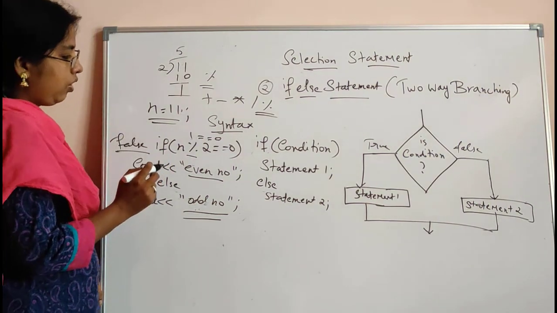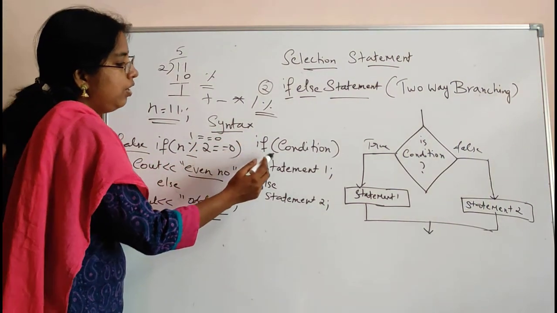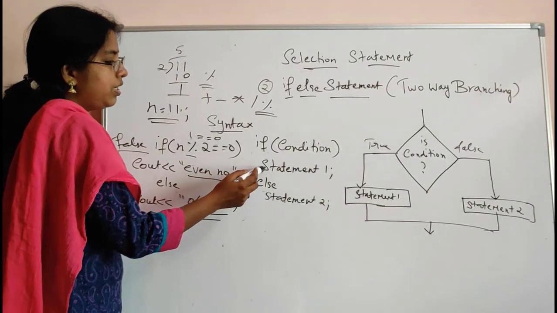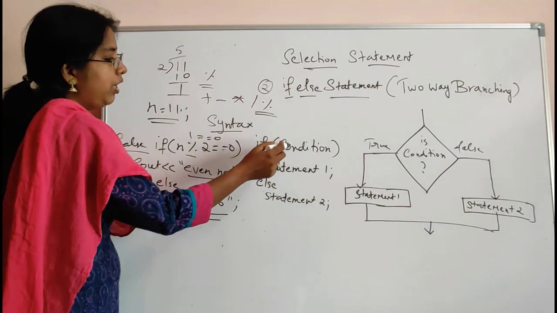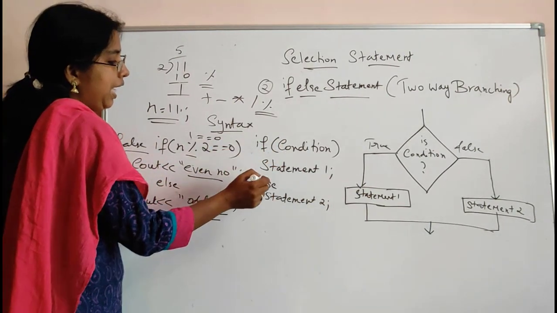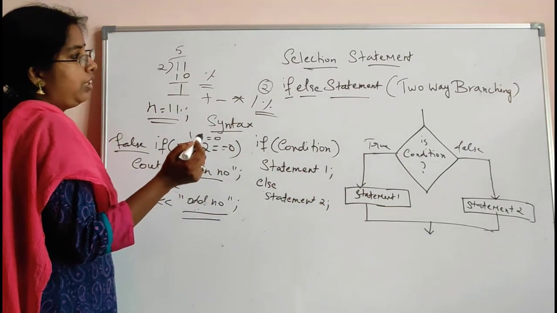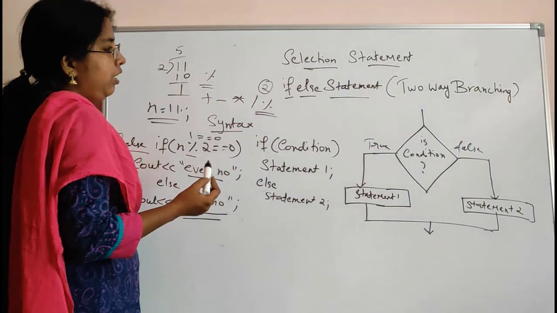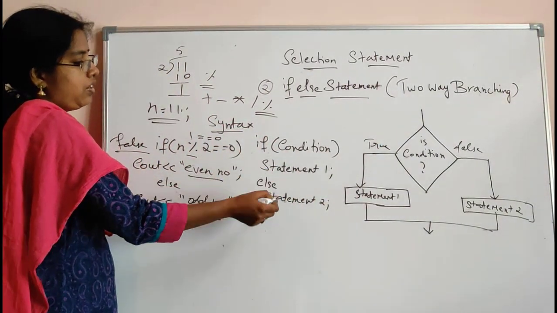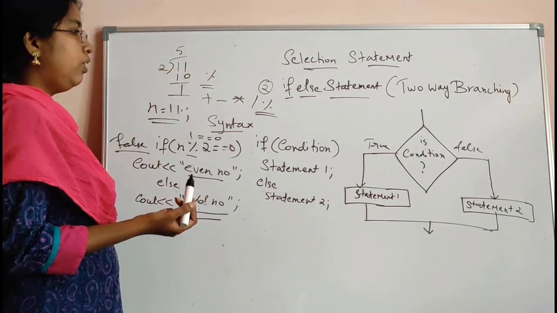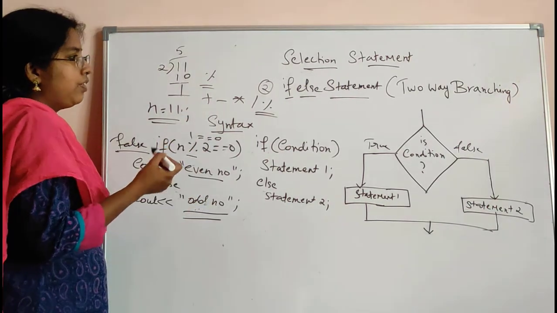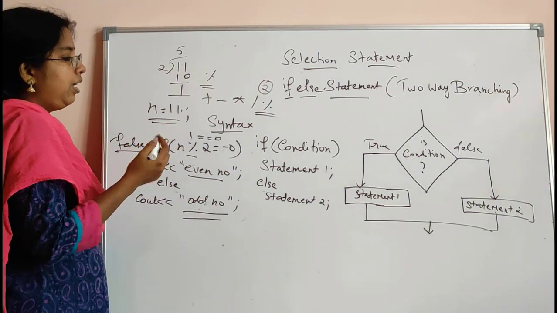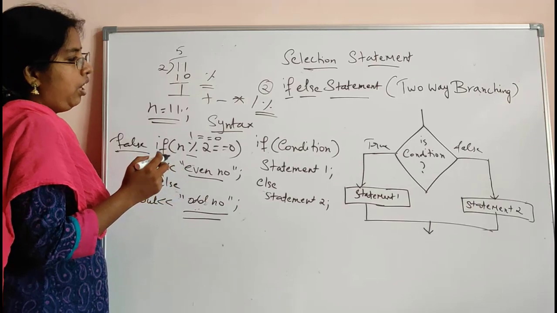Okay, hope you understood this concept. That is, if else is used only if there are two alternatives, that is, either this or that. Based on the condition, if the condition is true, statement 1 will be executed, else statement 2 will be executed. So what is the other name of the if else statement? It is known as two-way branching. So there are two ways, either this or that. So this is how the if else statement works. We have studied the first statement, the if statement, and the second statement, the if else statement. And let us see one programming example of how it will work.